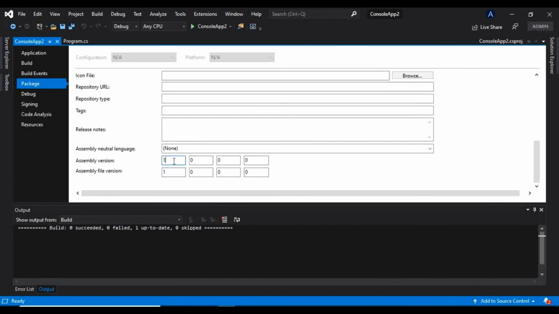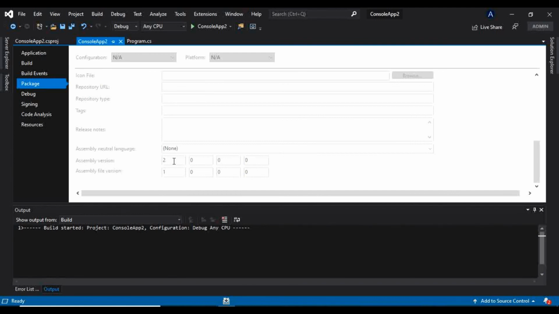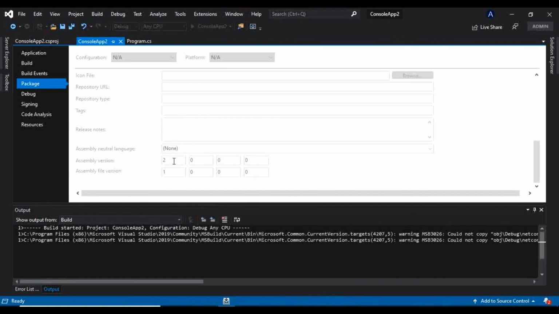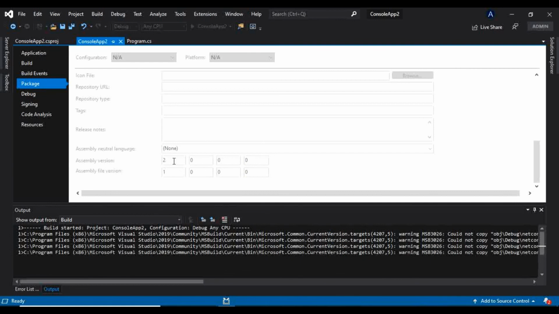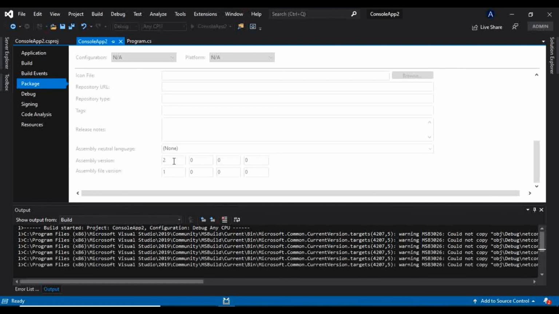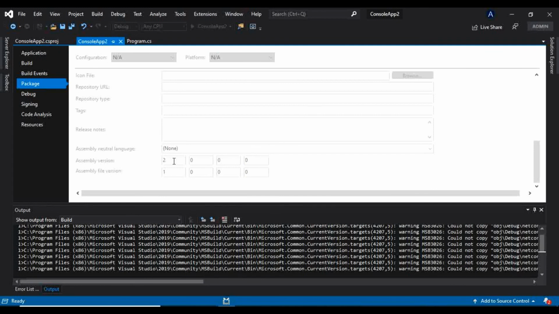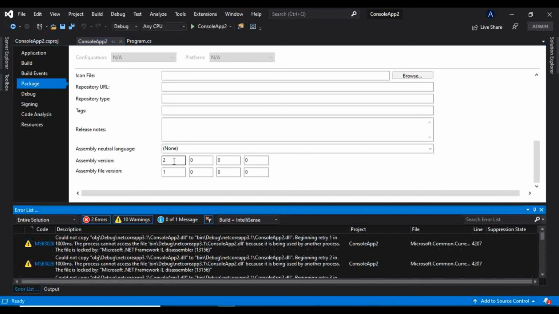Let me first change this version. I will change that to 2. I will save that and I will build this project. Control Shift B. Okay, so it is being used by some other process.